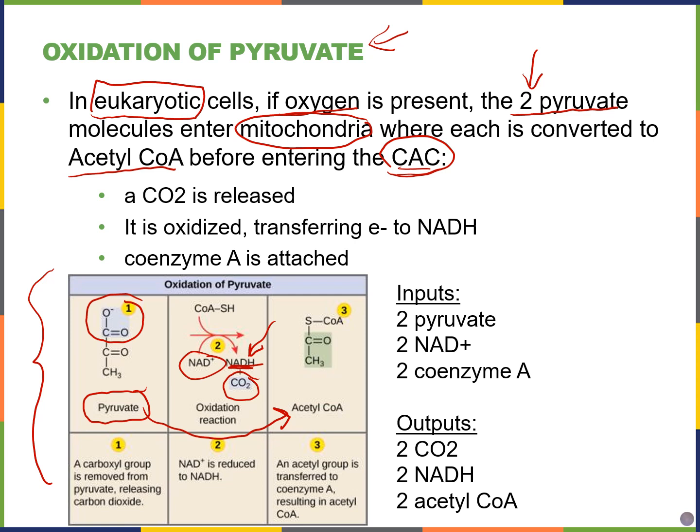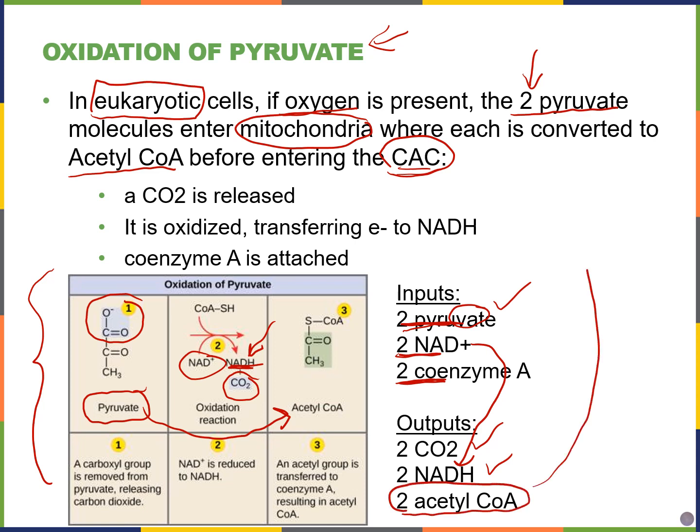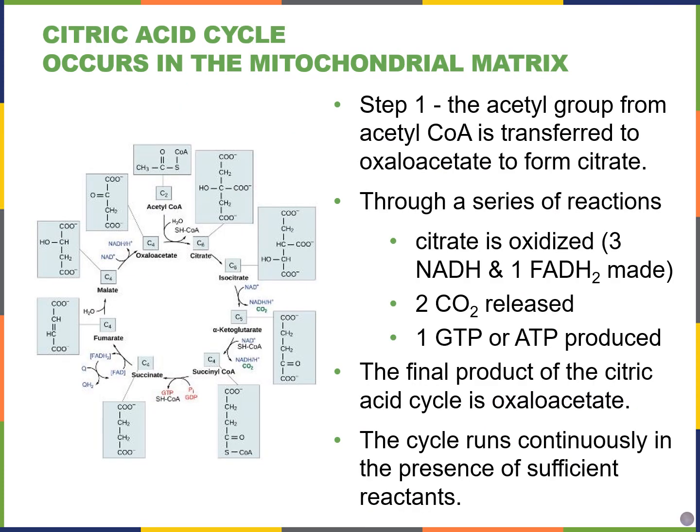So if I look at the inputs and outputs, I have two pyruvate because I had two of them formed at the end of glycolysis. I need two of those NAD+ molecules, and I need two coenzyme A's. My outputs include two carbon dioxides, each one from each of those pyruvates, two NADH, and then two acetyl-CoAs that will enter the citric acid cycle next. So after the production of acetyl-CoA from the oxidation of pyruvate reactions, we move acetyl-CoA into the citric acid cycle. And again, just like in glycolysis, you do not have to memorize every single reaction that's happening here. We're going to focus on what goes in, what comes out, where the reactions are happening, and